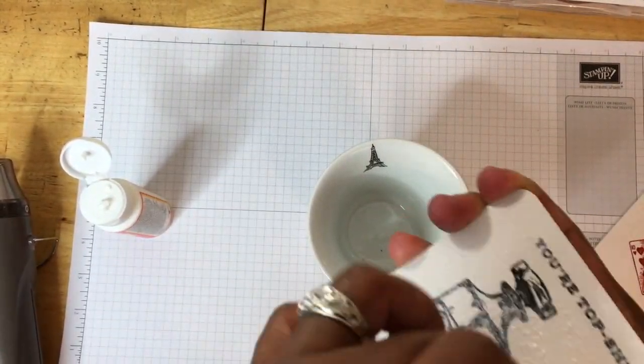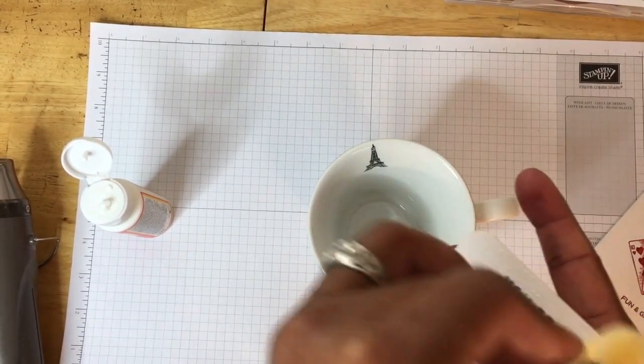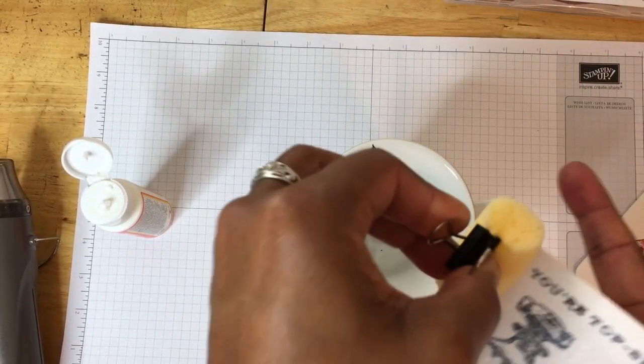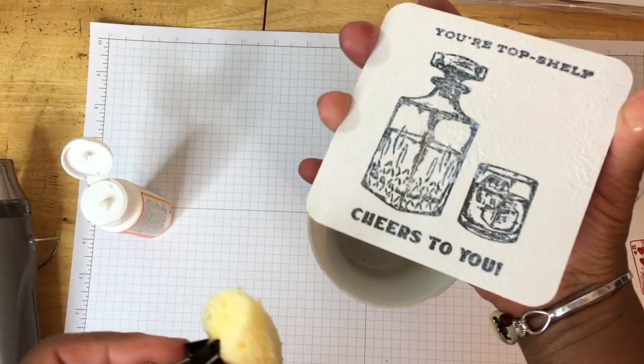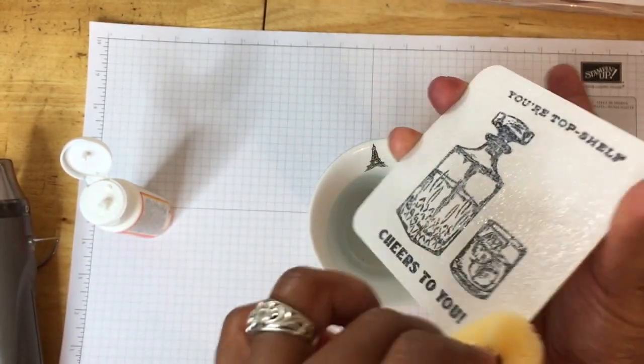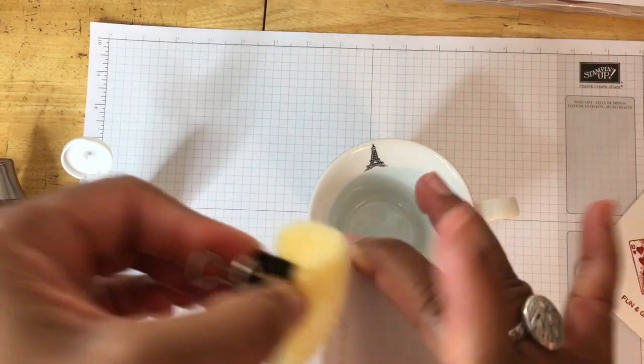dab this around. So you add a little texture to that. See this, it adds character to it. See, and it's not bleeding, right? So you want to get around the edges. And I would say give this